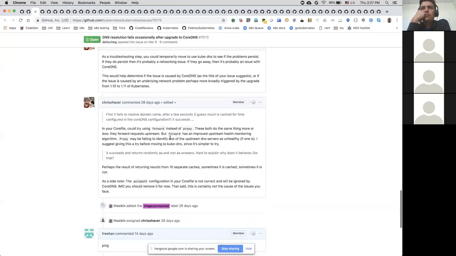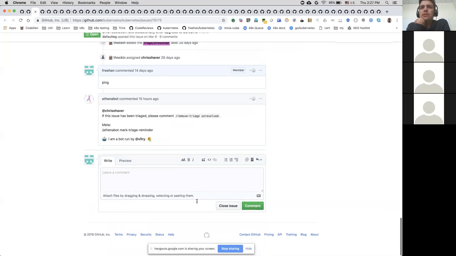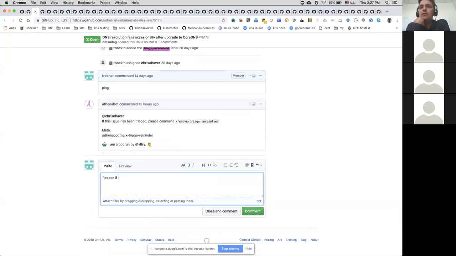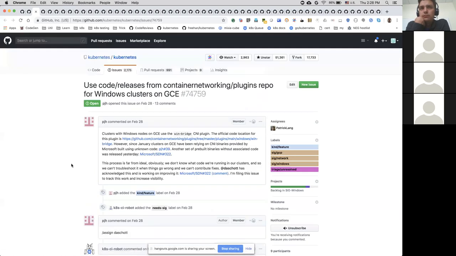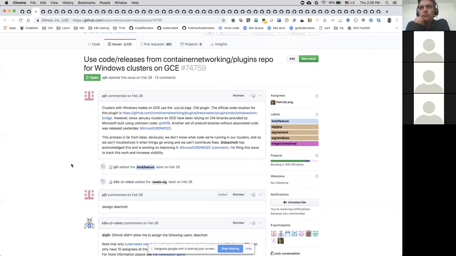Didn't we say we were going to close these if nobody replied by the next time? Yeah, this one's from early March, so maybe we just close it. Okay, two more. Use code releases from container networking plugins repo for Windows clusters.